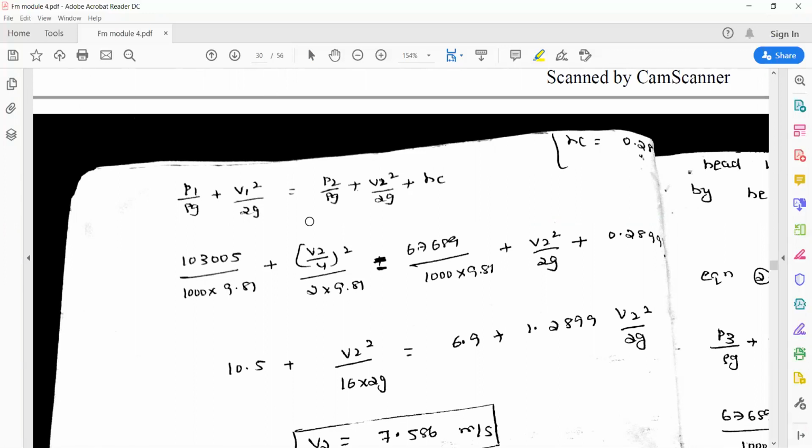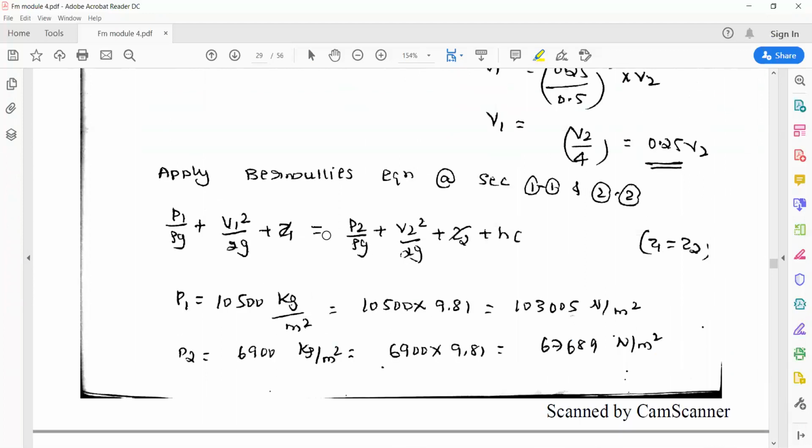So that's why what you need to do, you need to apply Bernoulli's equation. By making use of Bernoulli's equation only, you can calculate the value of V2 or V1. So according to Bernoulli's equation, if you apply between section 1 and 2, we can write the equation as P1 by rho g plus V1 square by 2g plus Z1 is equal to P2 by rho g plus V2 square by 2g plus Z2 plus